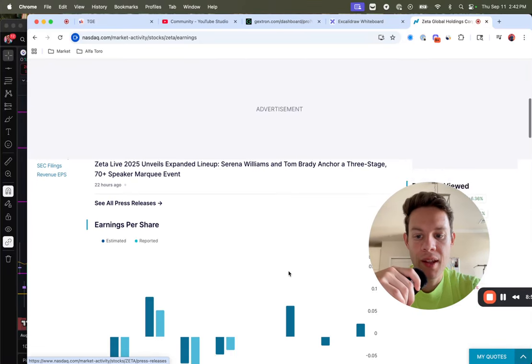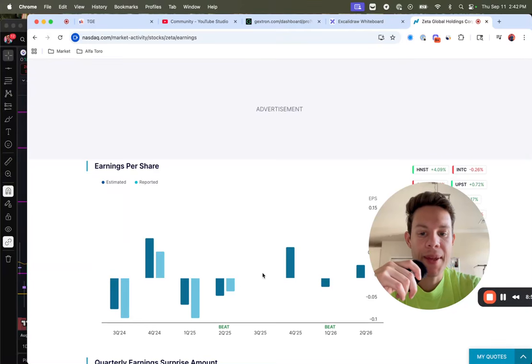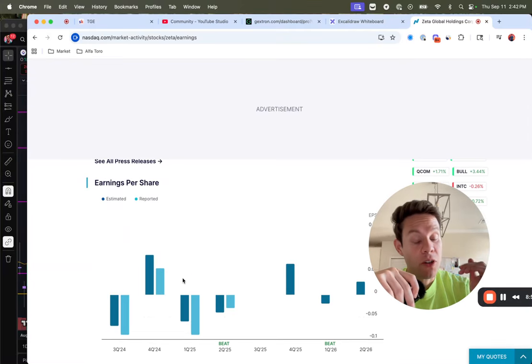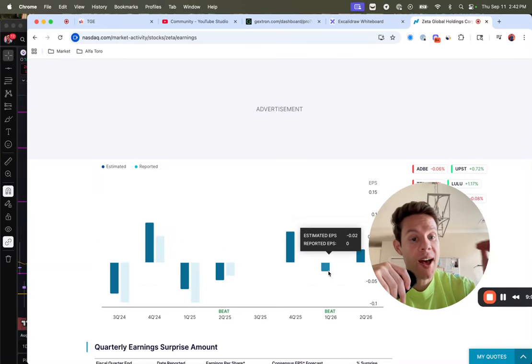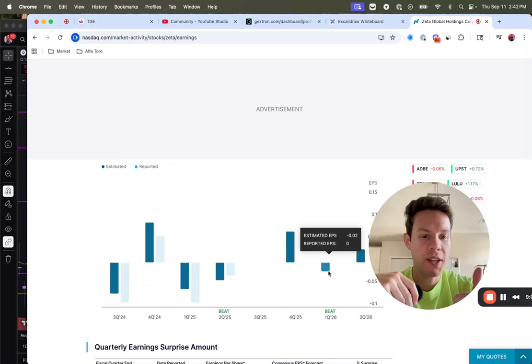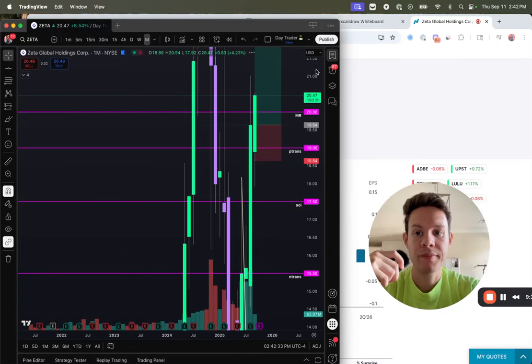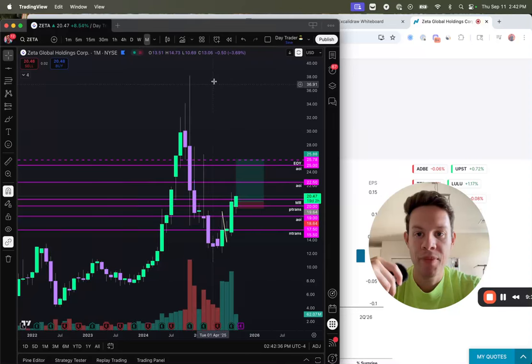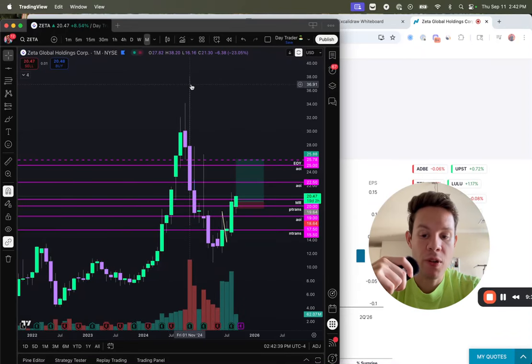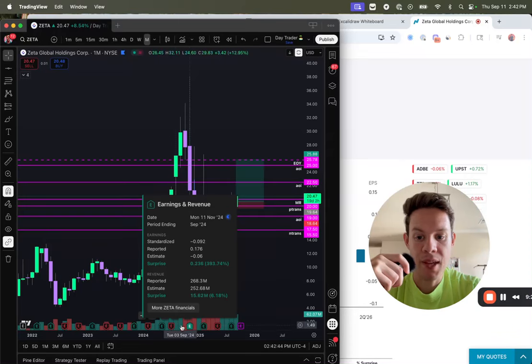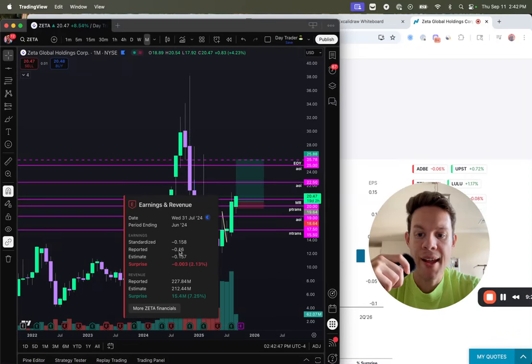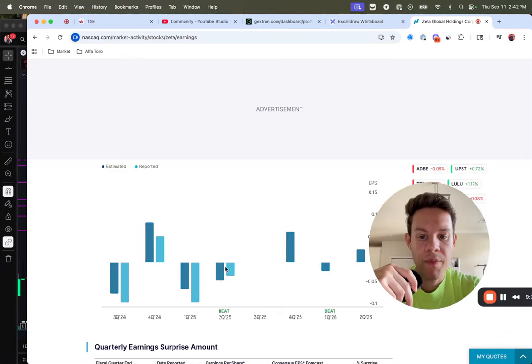But just to kind of shorten it up here, what you want to see is growth in EPS. Okay, Zeta has increased in their last earnings, they increased guidance. That means their EPS growth is going to be positive going forward, which is a really good thing, right? So when I look at Zeta on a macro level, the all-time high was about back in November 24th. This was about $38. And this EPS was a high of negative 116. They are way closer to positive EPS.